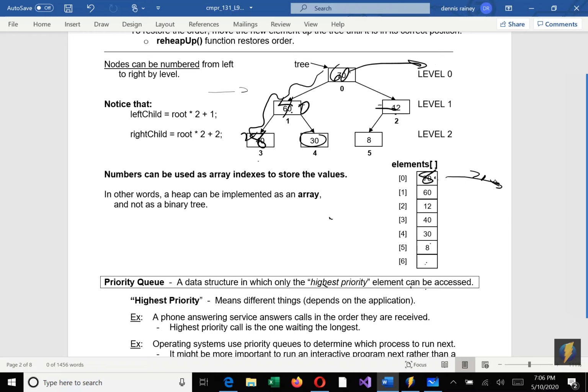So the same thing goes here. The 70 is removed. So the last one is put there, and then it reheaps down. It compares this one, and this one's the max child, so it swaps the two. And 60 goes here, and 8 goes here. And then it compares with its left and right children again to find the max child,